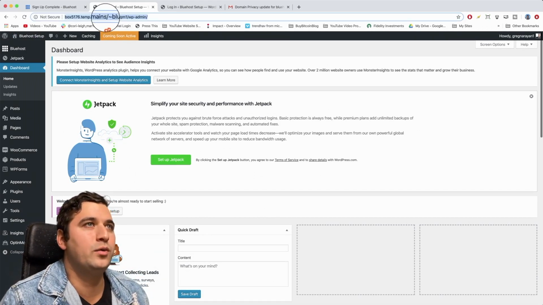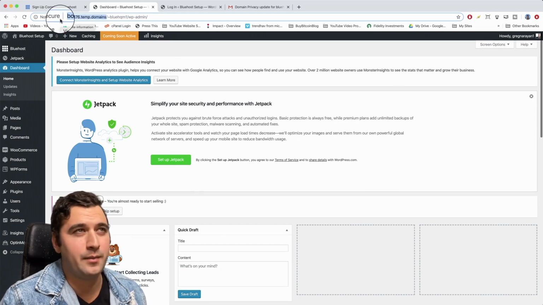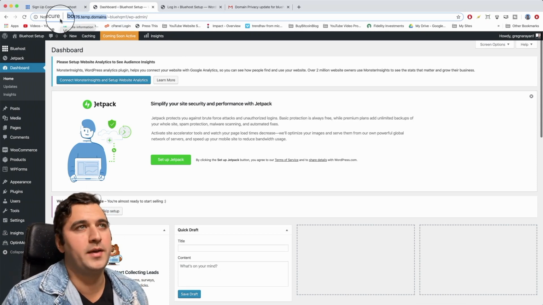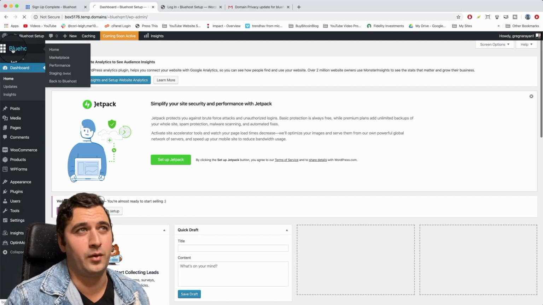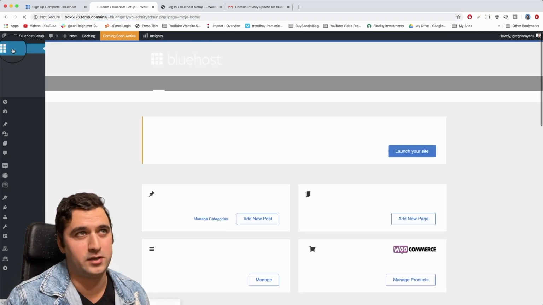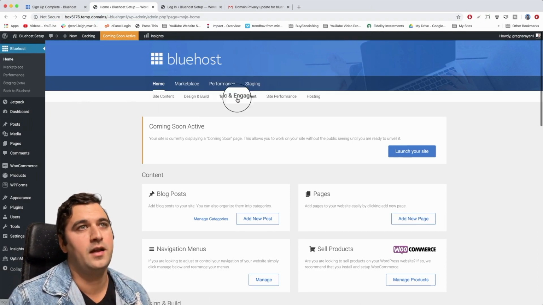All right, so that's pretty cool. If you notice in the upper URL bar, there's some weird temporary domain names sometimes, like box76. Bluehost just does that because they're not sure where your domain came from. So if you're using a domain name from GoDaddy, they're just going to give you that so you can actually look at your site. But we want to click on the Bluehost button,